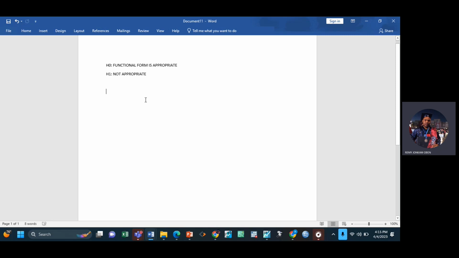Of course, there are some exceptions like the t-test, because with the t-test, the null is instead telling us that it is insignificant, which means a problem, and the alternative is telling us that it is significant, which means no problem. So apart from the t-test and F-test, with most of the other tests, null is saying no problem, alternative is saying problem. Okay. So we'll do the Ramsey RESET test on EViews, and this is the hypothesis we are going to talk about.